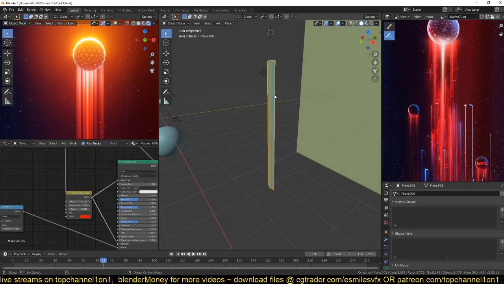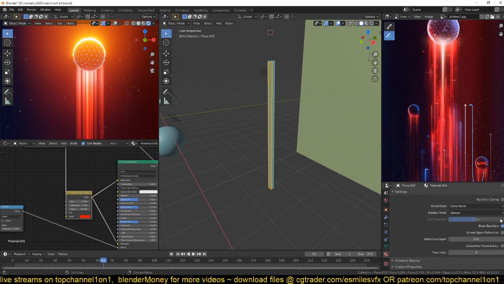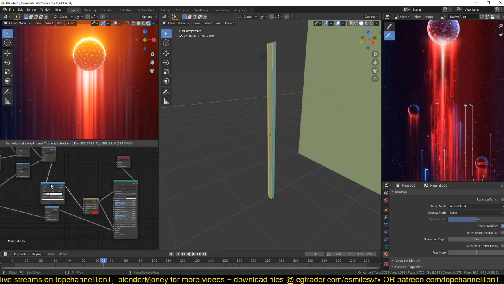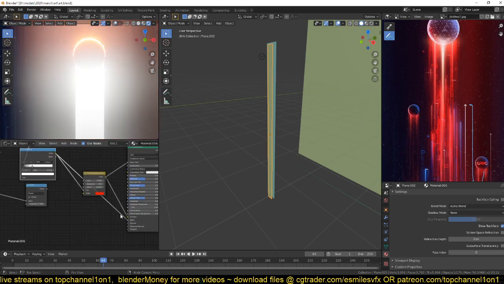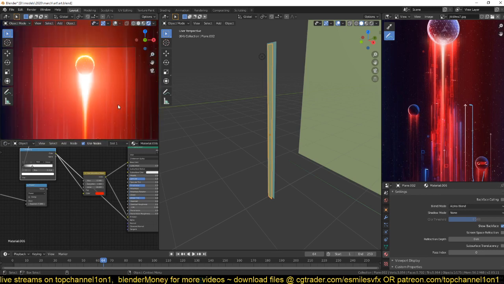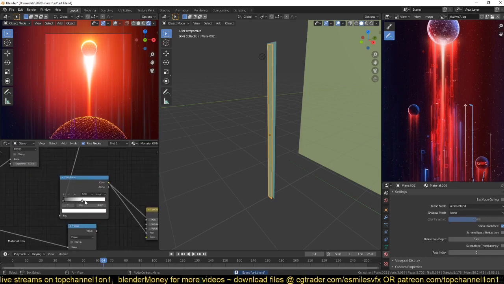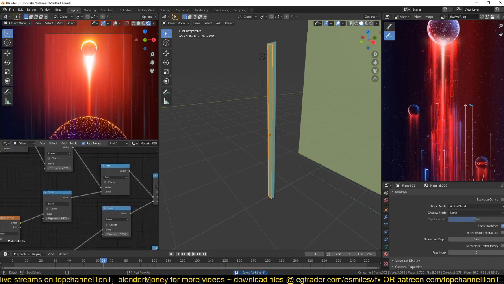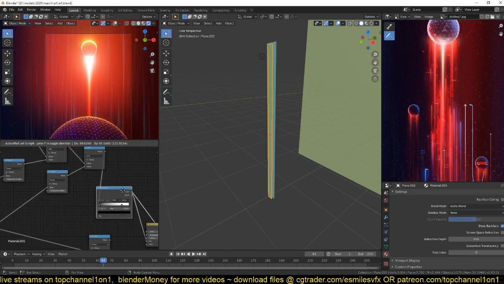Also, let me make sure that this material doesn't produce any shadows that you can see there. So none, like that. I think we can also use this for the alpha. Perfect. I think we are getting better and better results. I can reduce this second beam, which I can't find for some reason. So let's see if I